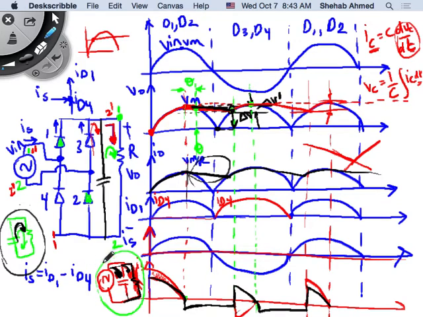Because it was initially being charged, current was going into the capacitor. Now it's being discharged, current is going out of the capacitor. So I flipped the polarity, and I just drew this exponential waveform down here. And then I repeat. Okay? If you go simulate it, draw it again and stuff, hopefully you'll